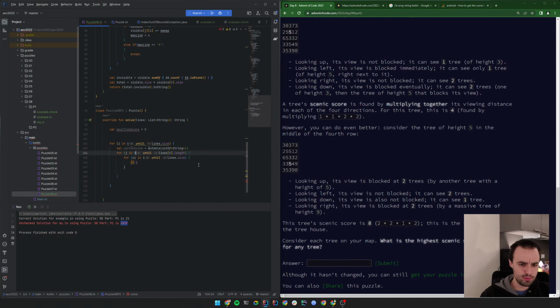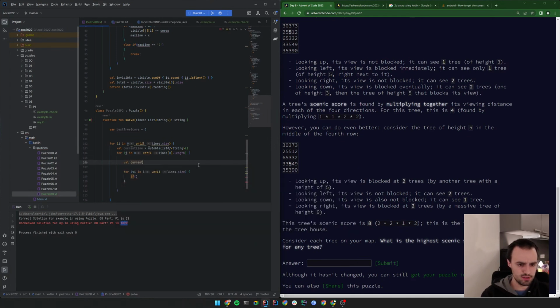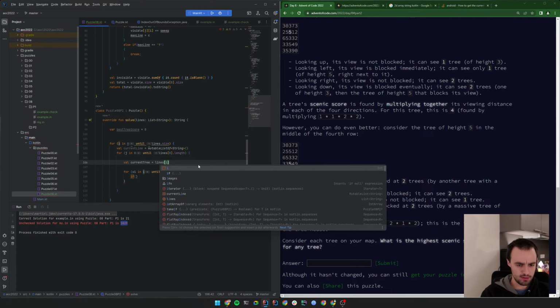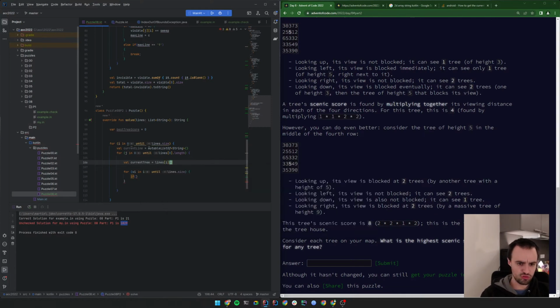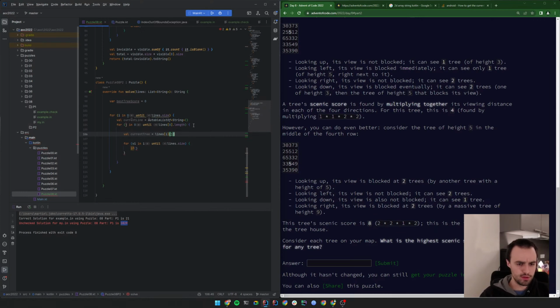And if we just extract our current tree, which is lines at position I at position j,